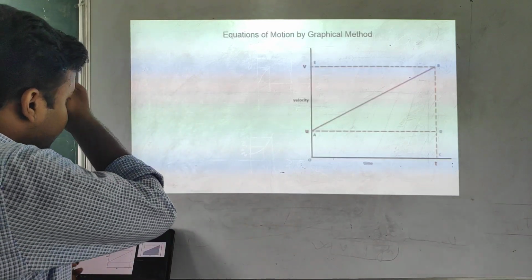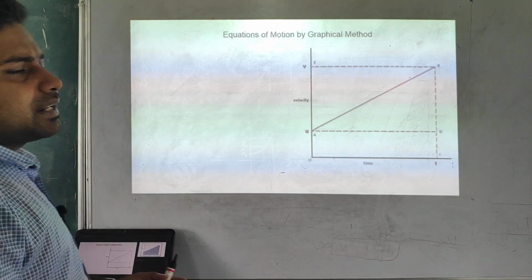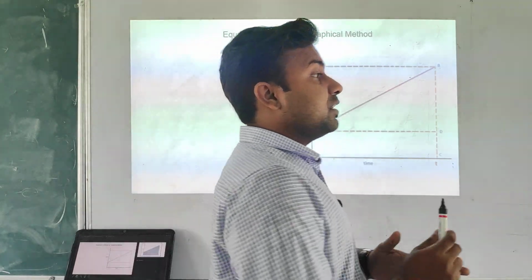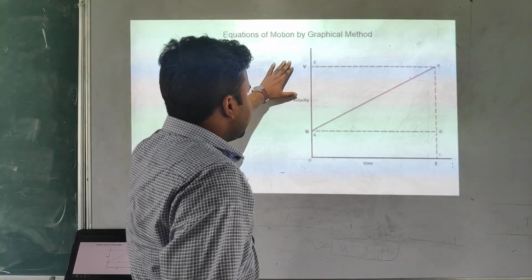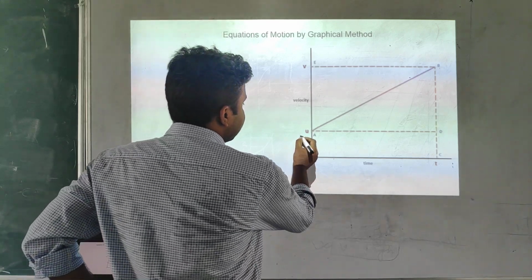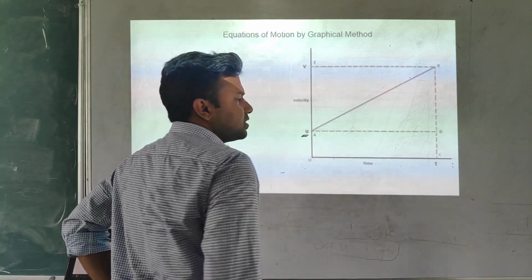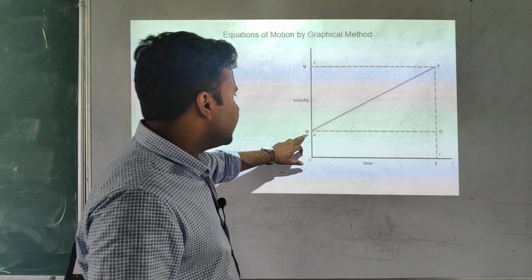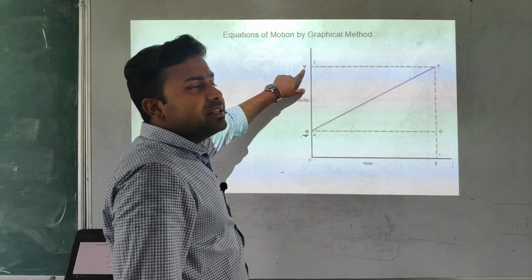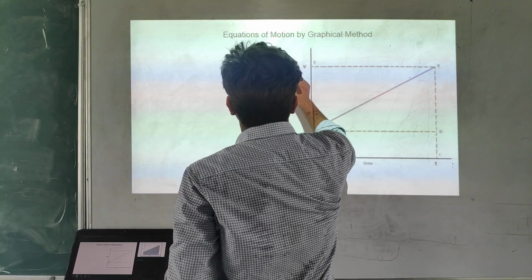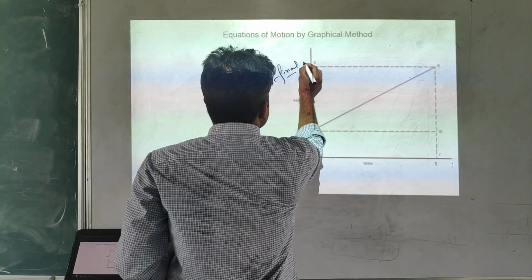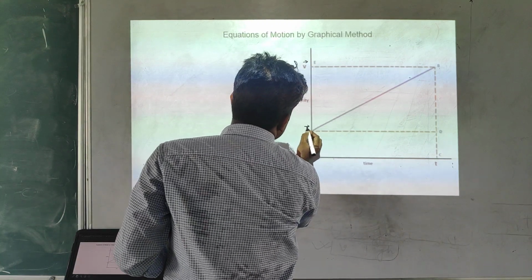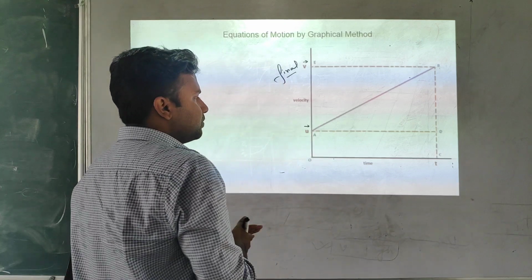Now students, I am going to discuss the equation of motion by graphical method. Try to understand. Very important thing here, few things are written. Initial velocity, this is the u given here. V is the final velocity. Final velocity is given. Oh, it's a velocity, so put the vector sign also. That's very important. In the diagram it's missing.